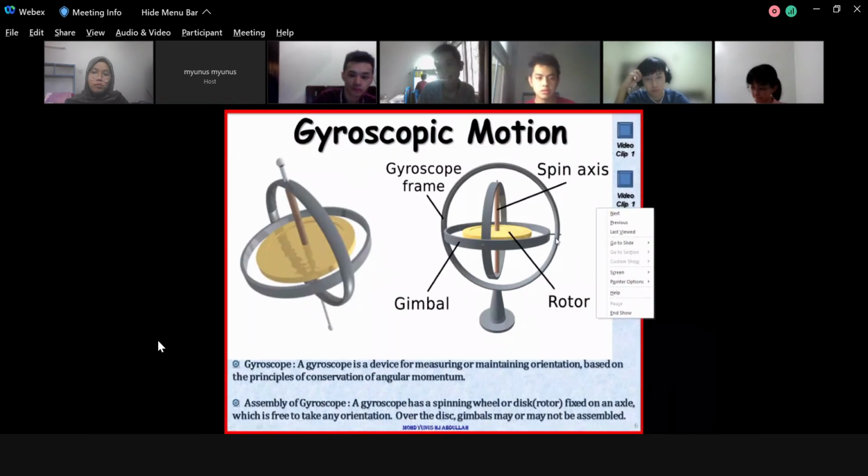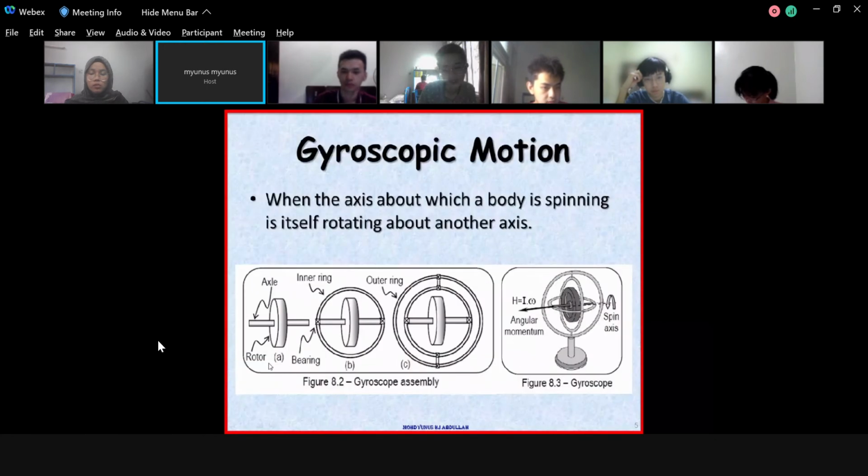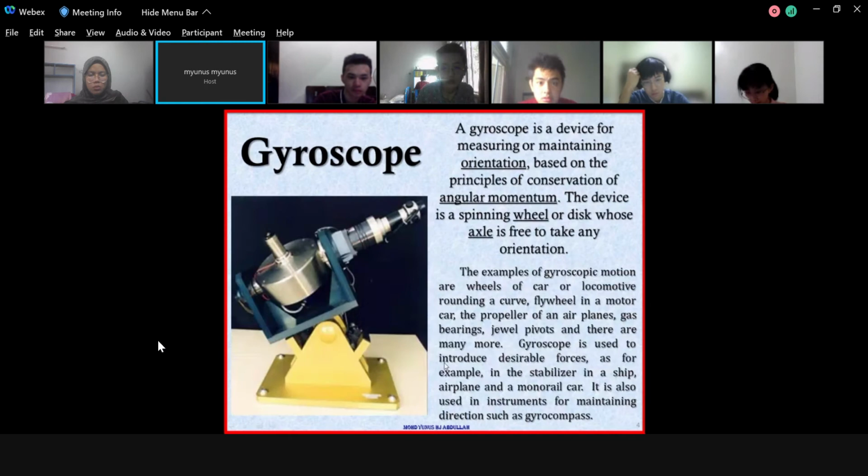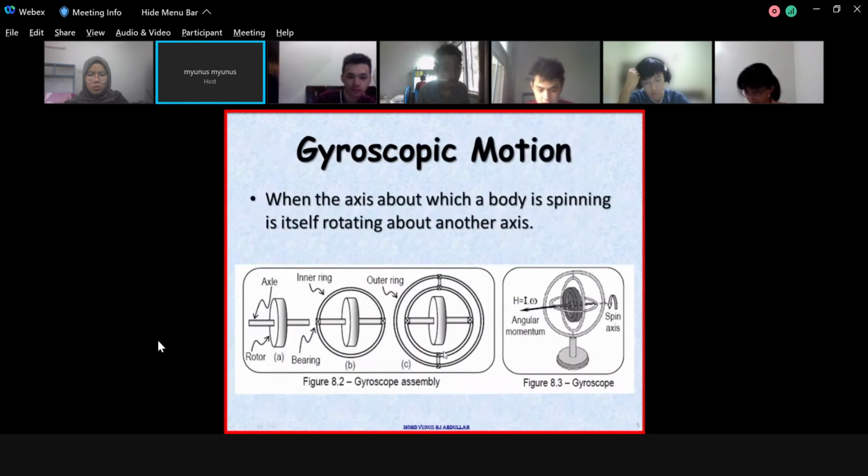Okay, look at here. This one first. You have the rotor. If you can observe my pointer, the rotor will be held by the inner wing, and of course we have a bearing here, and the inner wing will also be held by the outer wing. So you have three components now. Then it will be fitted on the base. This is the base. This one is the simplification of what you have here, so that you can understand. So everyone is rotating, revolving, moving on its own axis, without hitting the other parts of the body.